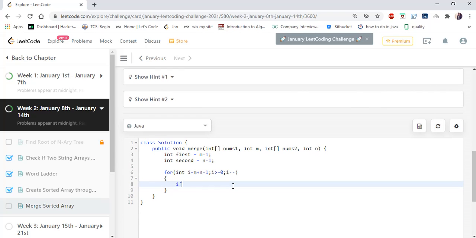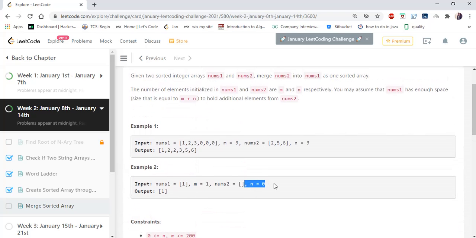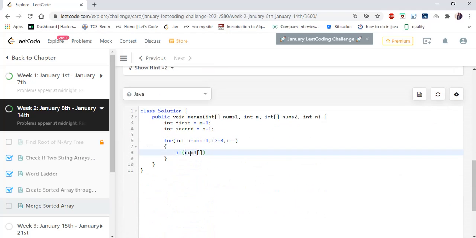So first we're going to check the number at position, before that there is a condition. If we check our second example, there are no values and n is also 0. So if that is the case, what we are going to do is first check the second pointer, whether the second pointer is less than 0. If it is less than 0, then the whole thing will break, because we are not going to add any elements from nums2 to nums1. Otherwise,